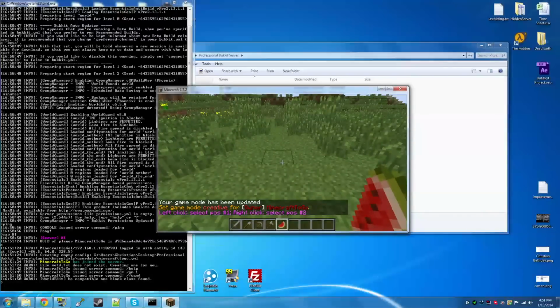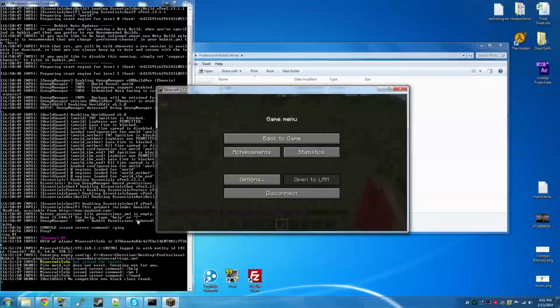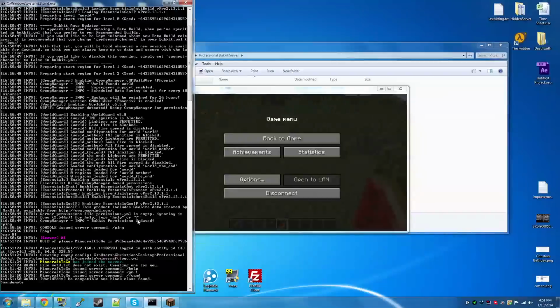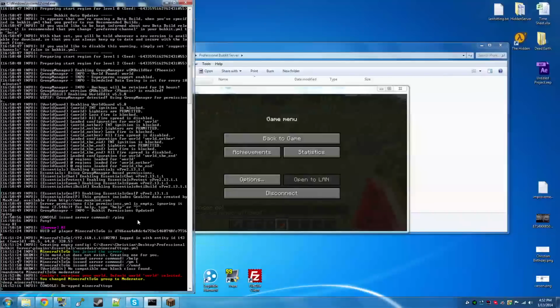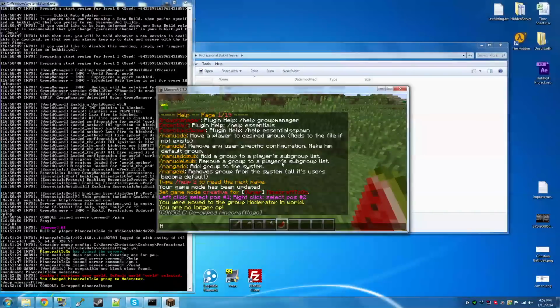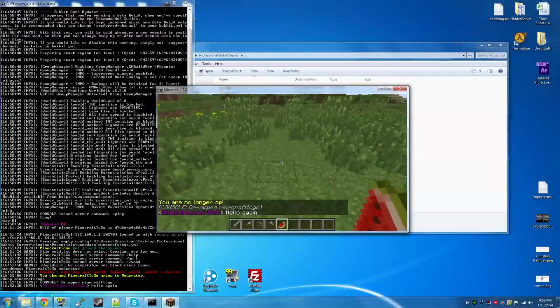I can demote myself here in the console. So I'm gonna do man demote MinecraftToGo, and I'm gonna make myself a moderator. Oh yeah, I forgot, generally you've got to select the world, but that's okay. I moved to moderator, and I'm gonna de-op myself as well. So I'm no longer op. If I type hello again, you can see that I'm a mod,